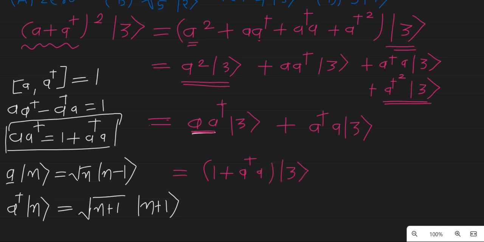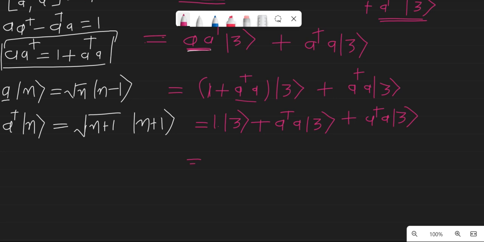operating on 3, then a dagger a operated on 3. So 1 and 3 state as it is, and a dagger a is operated on it, so it will be a dagger a operating on 3 state plus a dagger a operating on 3 state. So now here this 3 state as it is, since 1 cannot operate, it is just a number. Now a operating on 3,